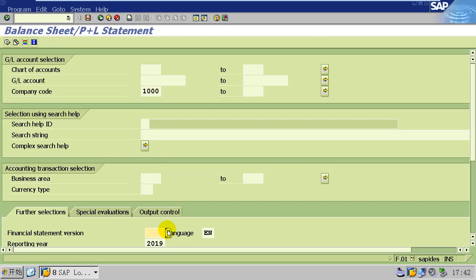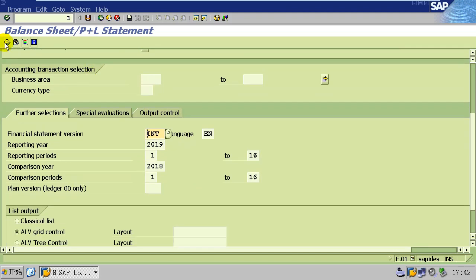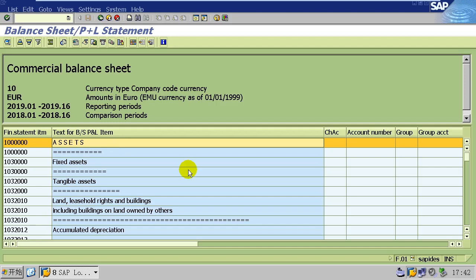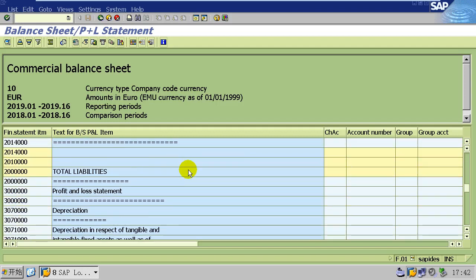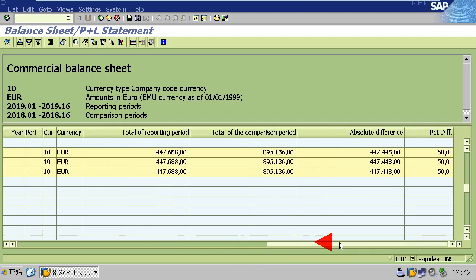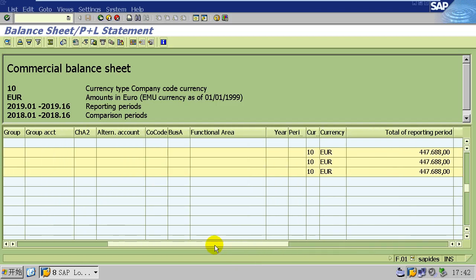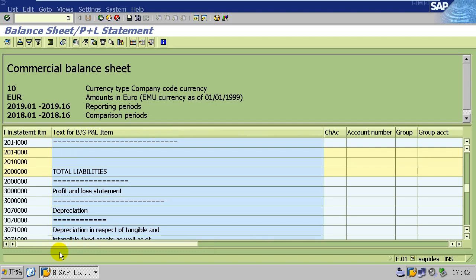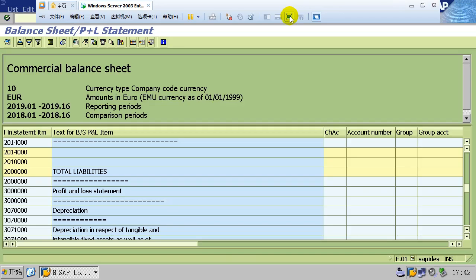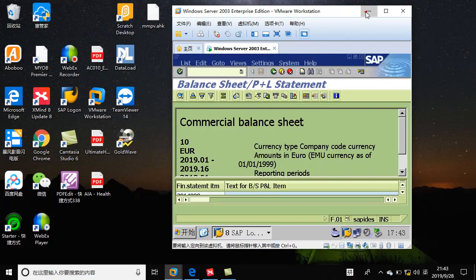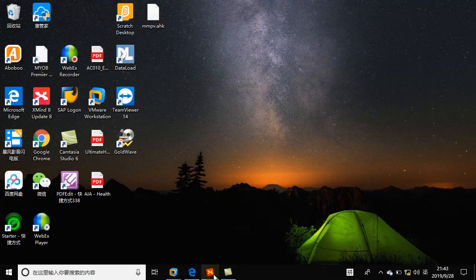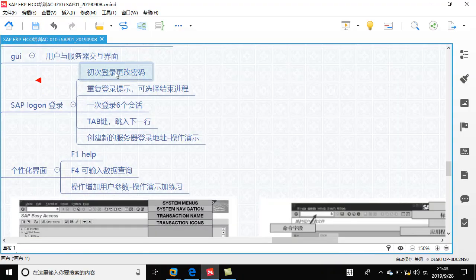This is a balance sheet and PL statement. You click on the clock, then the report will run. This report may be different from your country's, but you can adjust it, and you can use your own format when you're familiar with the report. And I will show you